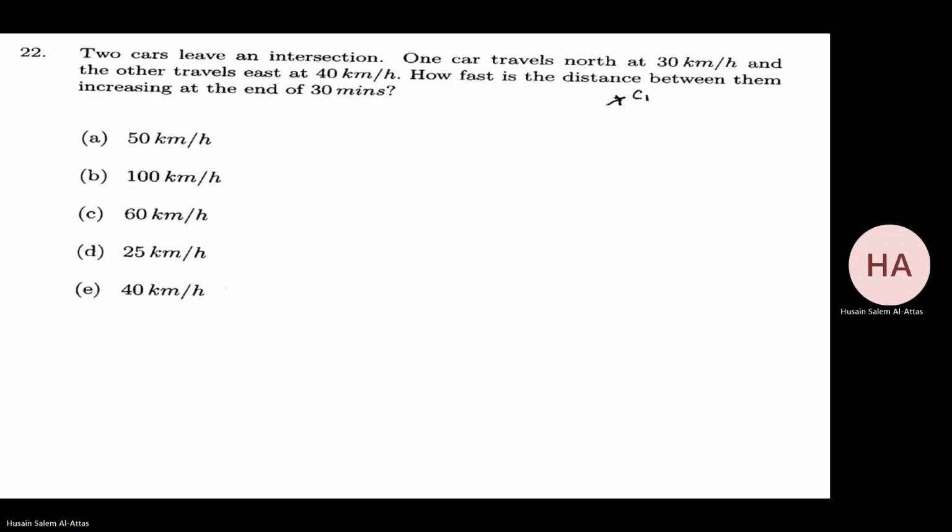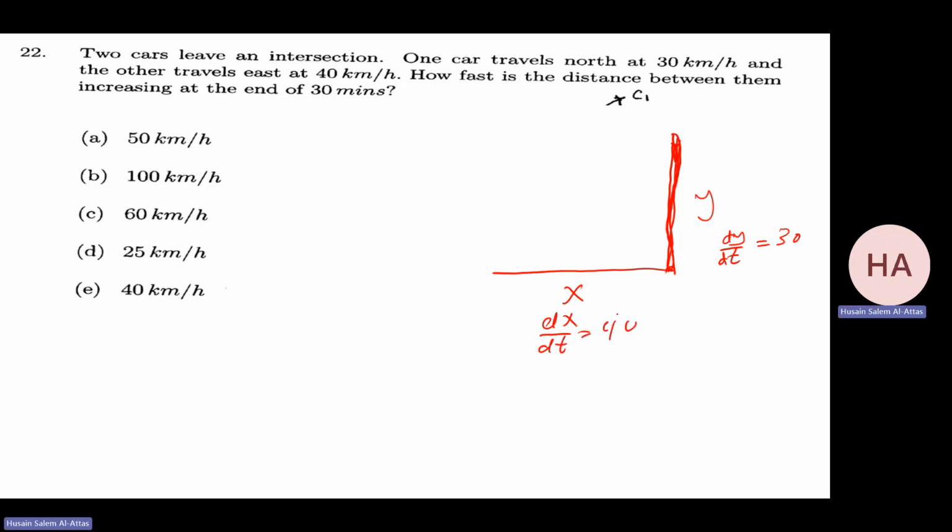Okay. Two cars leave an intersection. One is traveling north, I'll call it y, and the other one travels east, call it x. So dy over dt is positive, because the distance traveled increases as time runs. This is 30. And dx by dt equals 40. What they want, call this s, is to find ds over dt